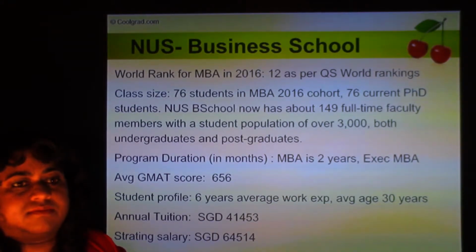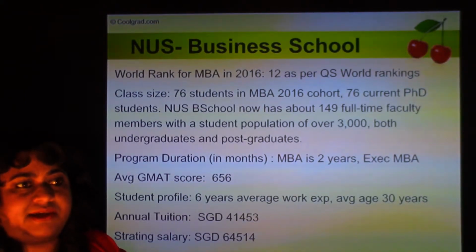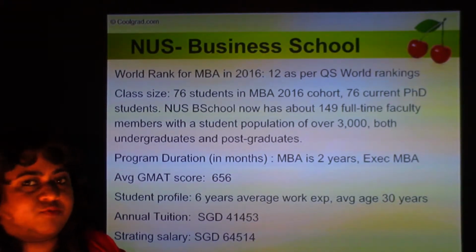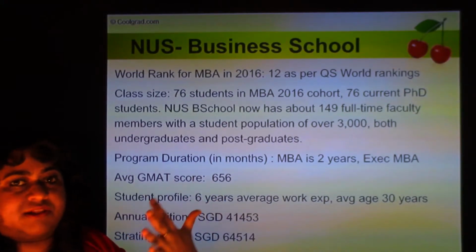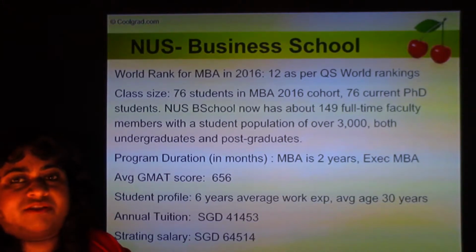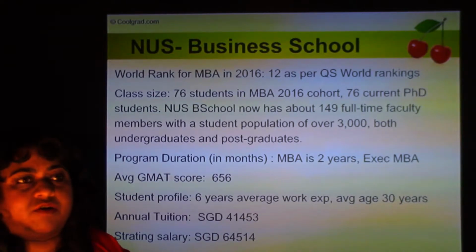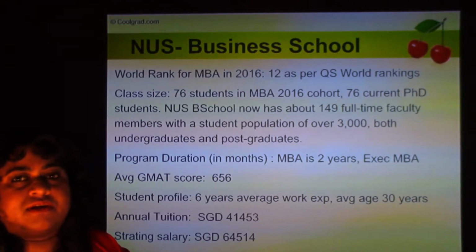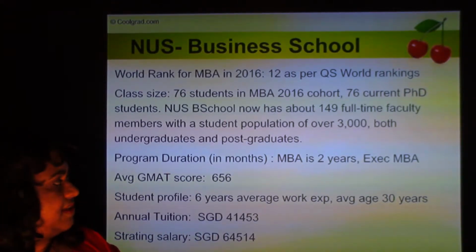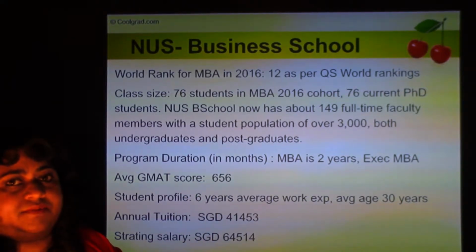If you had a 656 in GMAT and you're applying to Wharton, which is one of the topmost business schools, at the University of Pennsylvania in the United States, your chances would be very slim, believe me, unless you have an exceptional academic record and maybe you founded a couple of companies and you have an Olympic gold medal or something to make up for this. It would be very difficult to get in there with this kind of GMAT score, because most students in Wharton and the top universities in the US are mostly 700 plus. And I think it's a little surprising to me that with a 656 average GMAT score, you can get into